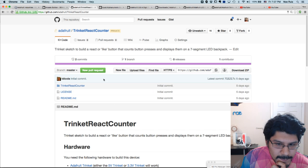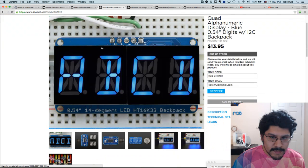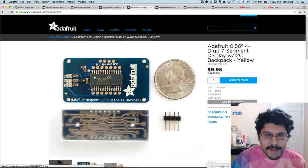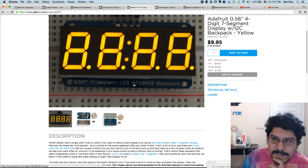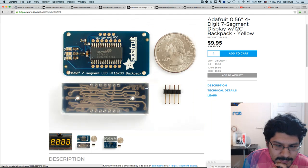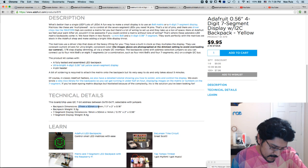And it's pretty straightforward. So this is the one I'm using, which isn't the right one. Again, this is not the right one, but that's all I have on hand, so that's what I'm using. And then here's the right display. So this is the 0.56-inch 4-digit 7-segment display with I2C backpack. Okay, and these are actually some kind of older photos. So what I would do is usually I would take the tech dimensions and like start drawing it in CAD,